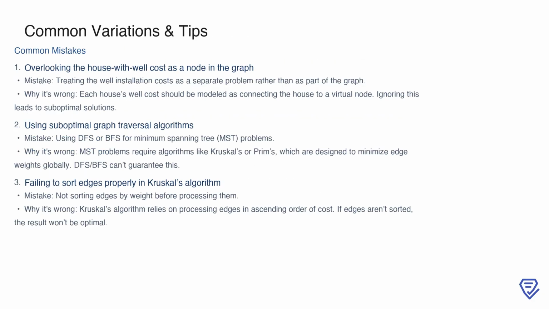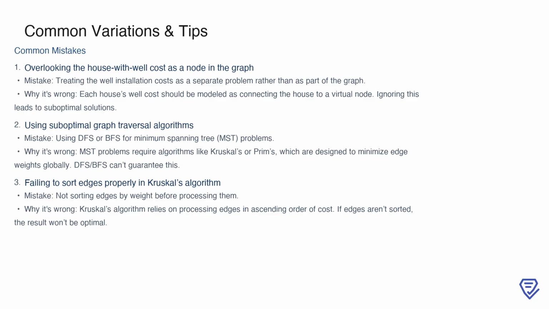When working on this problem, there are a few common mistakes to watch out for that can significantly impact the quality of your solution. One major error is overlooking the house with well cost as a node in the graph. The cost of installing a well at each house should be treated as an edge connecting that house to a virtual node. Ignoring this means you're not fully representing all possible connections in your graph, which will lead to suboptimal